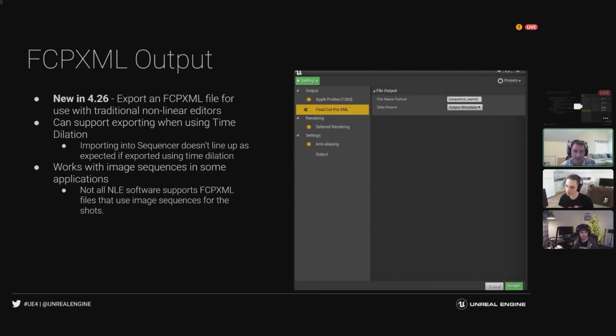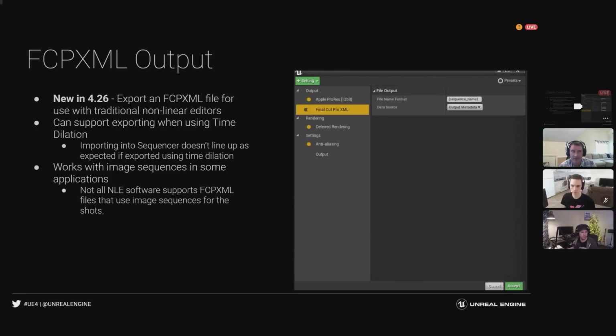What this does is it allows you to export your media into one baked down movie file or separate image sequences, and then allows you to import that media and place it on the timeline in the same way you would see inside Sequencer. So it holds all the timing information in terms of those cuts. And then you can rearrange those clips in different timing manners and send them back to Unreal, and it will re-import. It won't re-import the media, but it will re-import the timing of those clip changes.